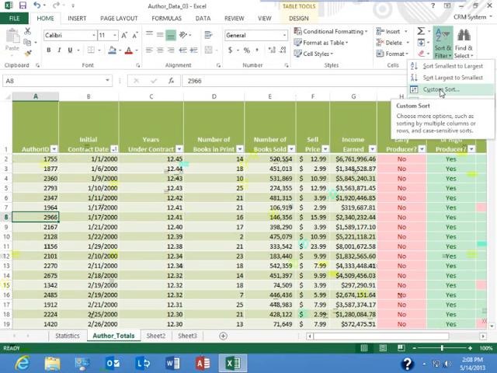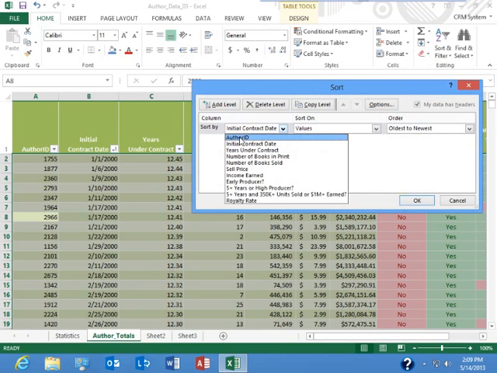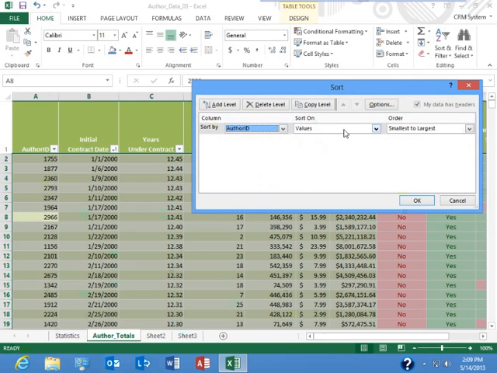And when you want to do a multi-column sort, you've got to go here to Custom Sort. Now the first thing we want to do is sort by author ID, smallest to largest. Okay? And then, if you notice in the top here, we have a button that says Add Level. We'll add a level,